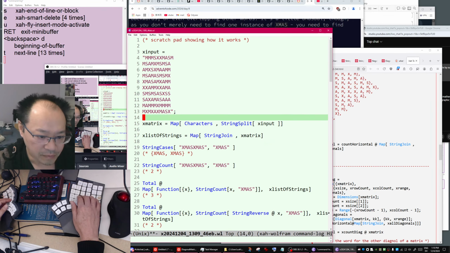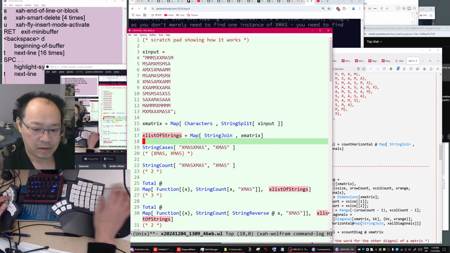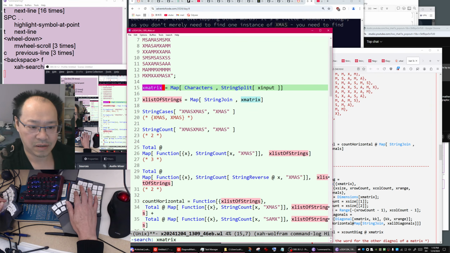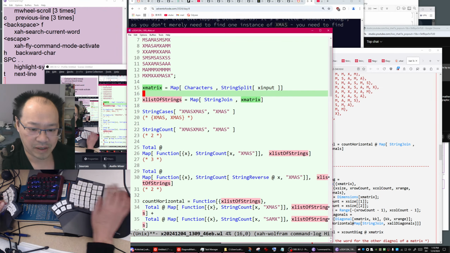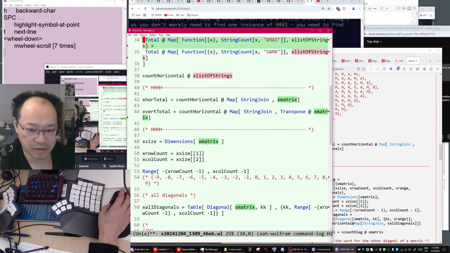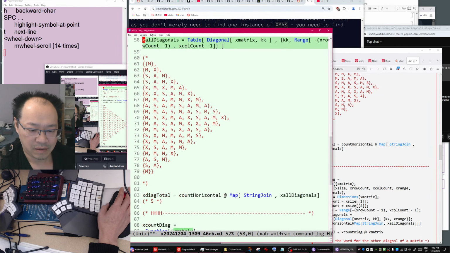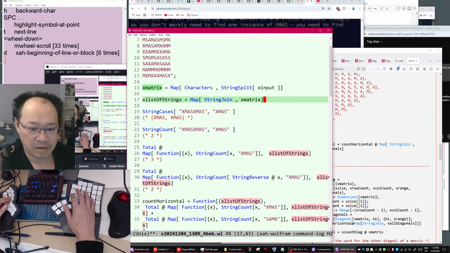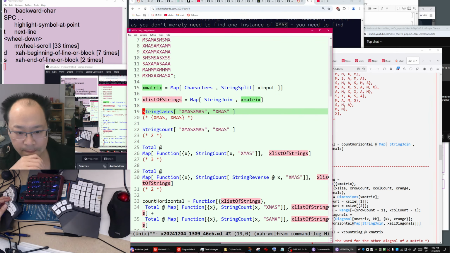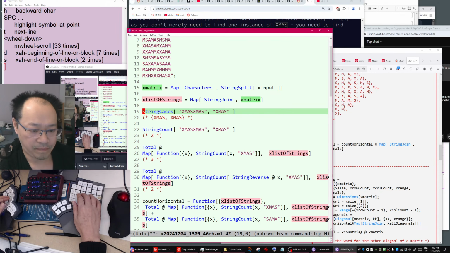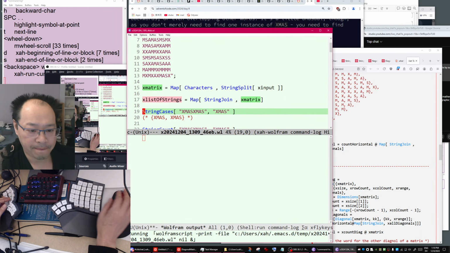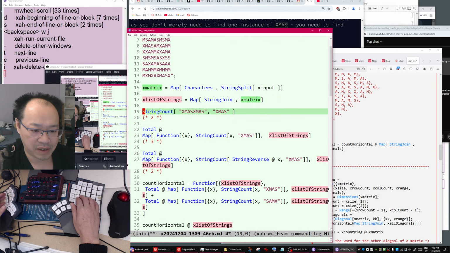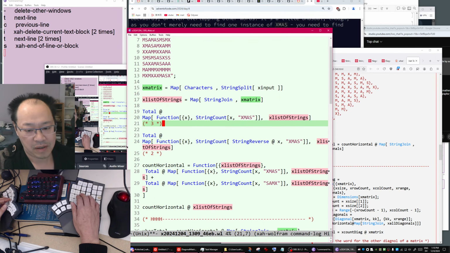Do you need the matrix defined? We are trying to reduce variables here. So to make them all a function, so it becomes 18. Okay, string cases, we don't need string count, we don't need total.